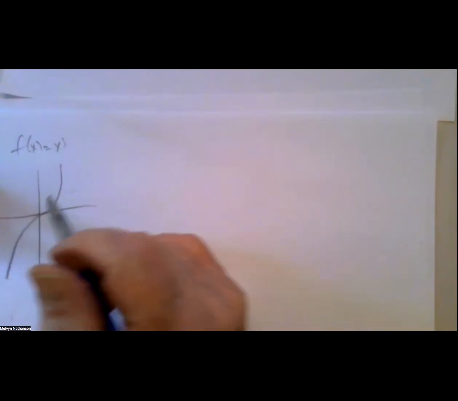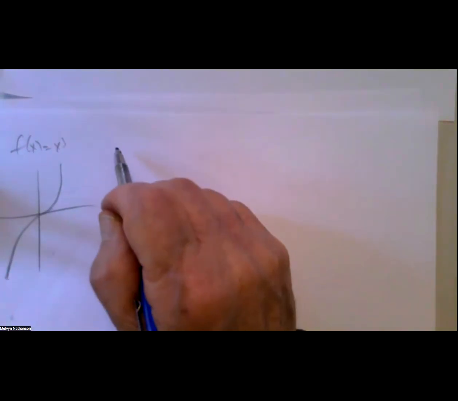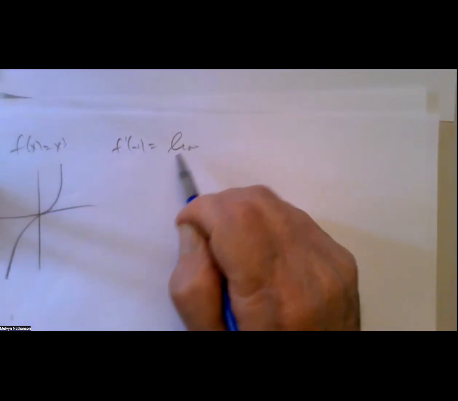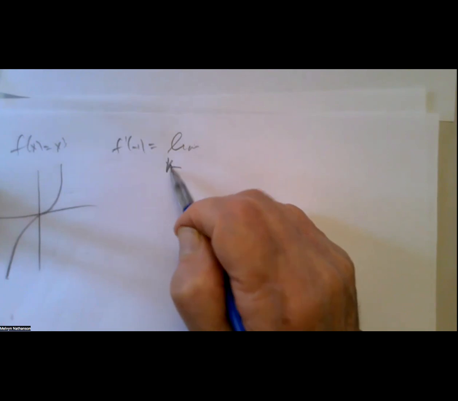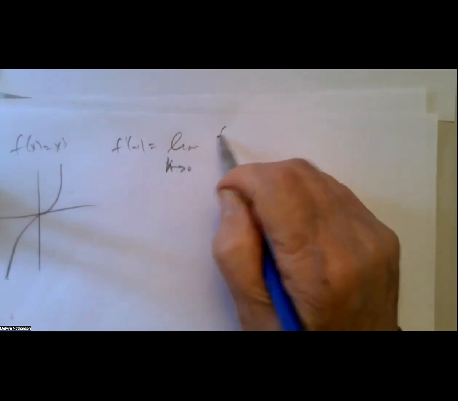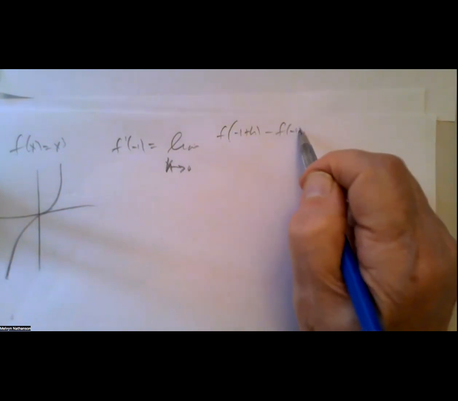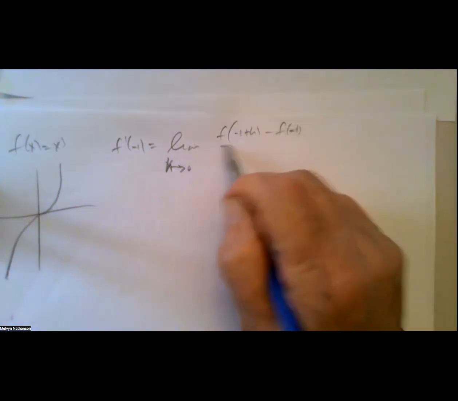Looks like that. And f prime at minus 1 is the limit as h approaches 0 of f of minus 1 plus h minus f of minus 1 over h,